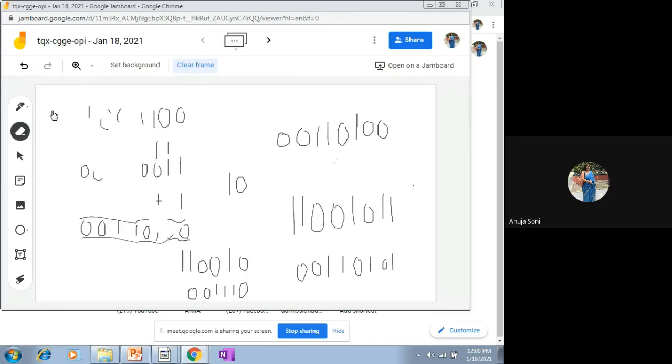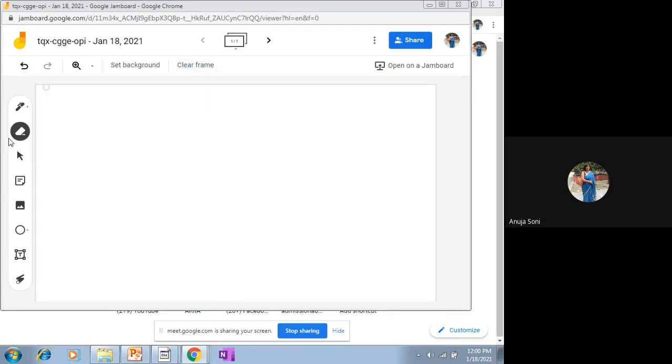I think I will have to erase all these things. Yes. Now, you will find such kind of a question somewhere. Say -7. These are the two given numbers. You have to represent these numbers in all these three representations.